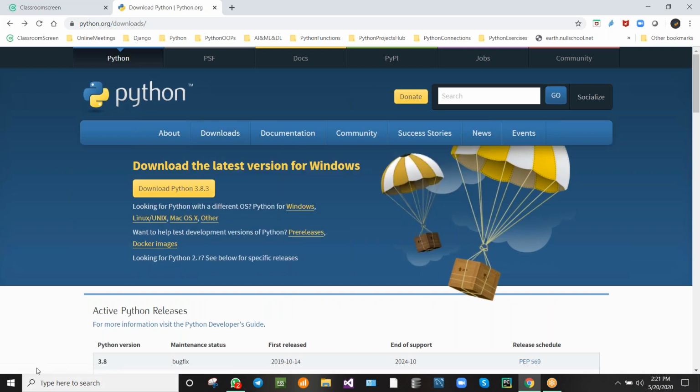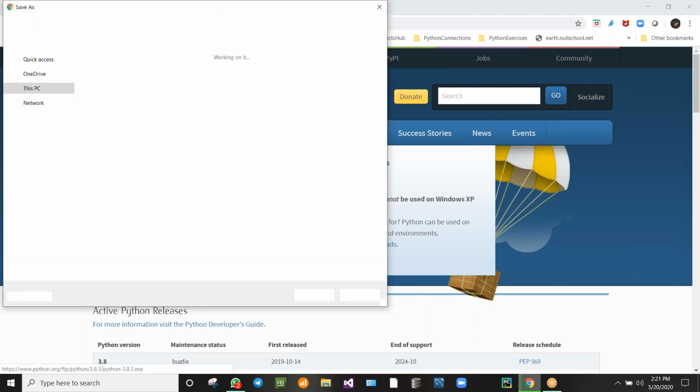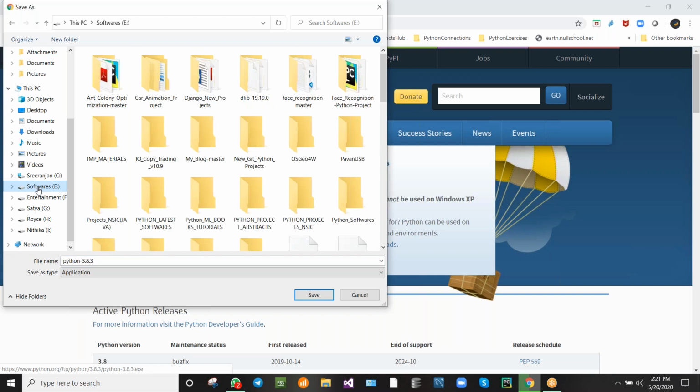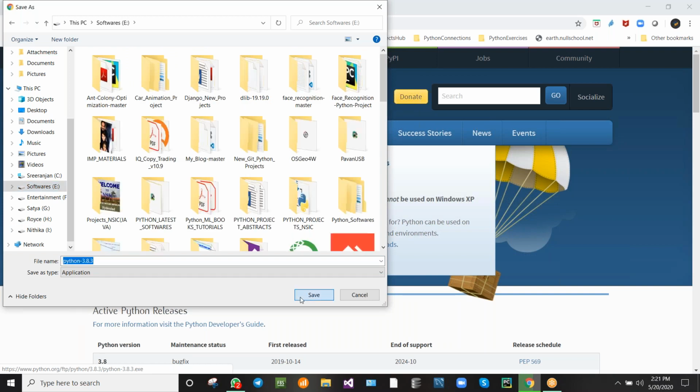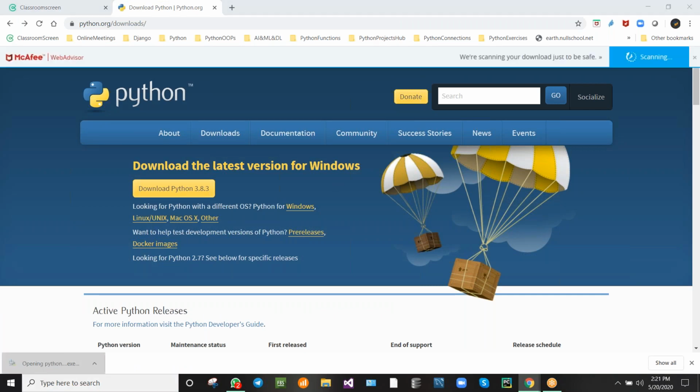I already have a lot of previous versions in my system, but I don't have this version. See carefully. I'm downloading Python 3.8.3 right now, and I am installing it in my system. See carefully.